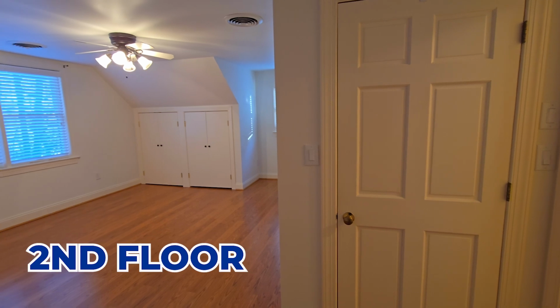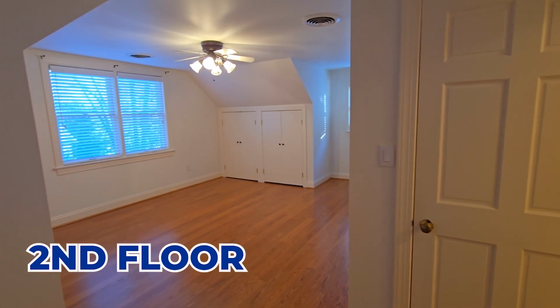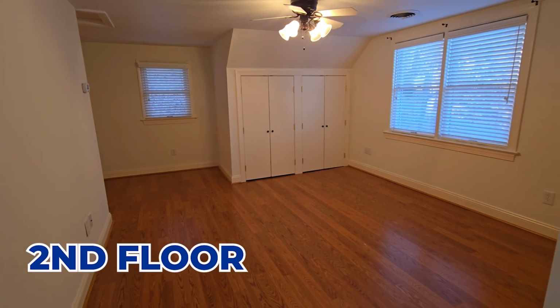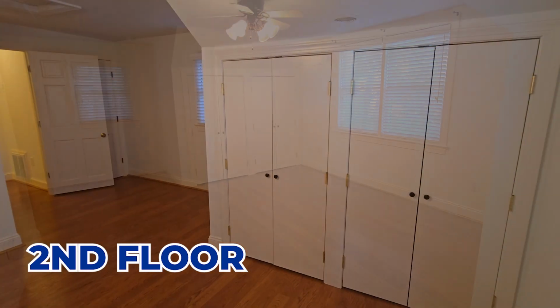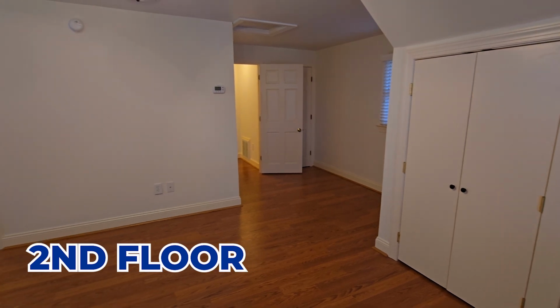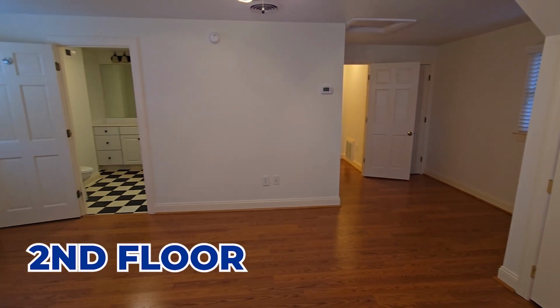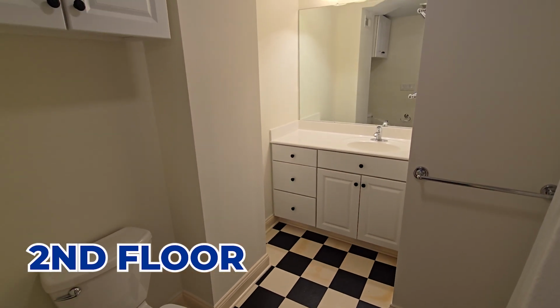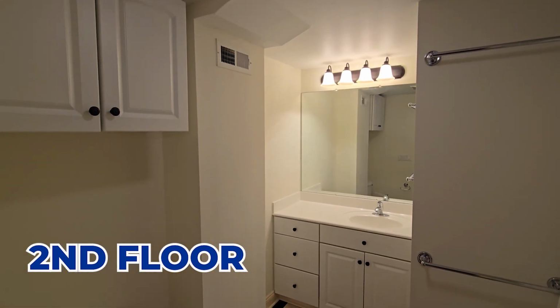The second floor of this little cottage is a huge bedroom space. And in this bedroom space, you are going to find multiple closets with shelves and places to hang clothes and all of the things. This is a really large space, and you also have an ensuite. The ensuite is actually a full tub shower combo on this level, as opposed to the shower only there